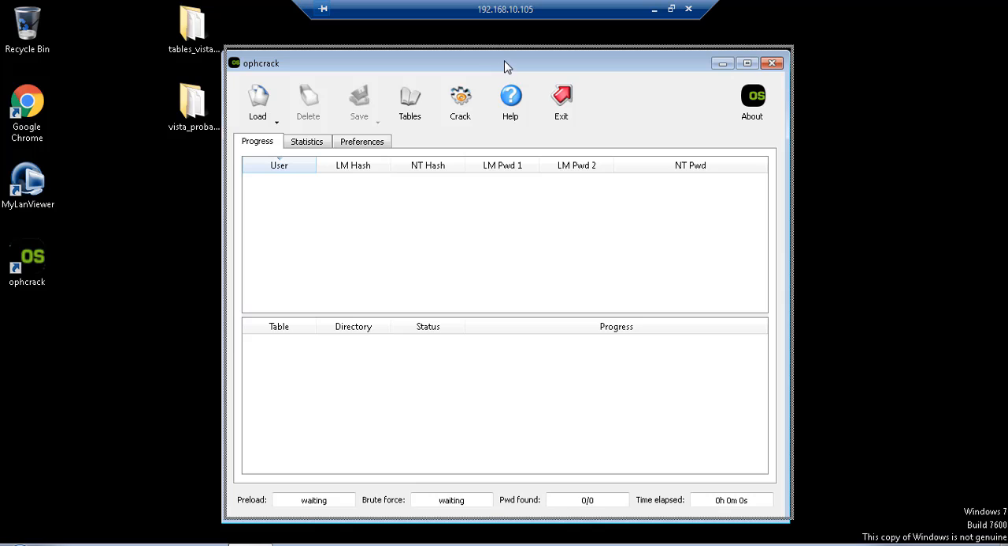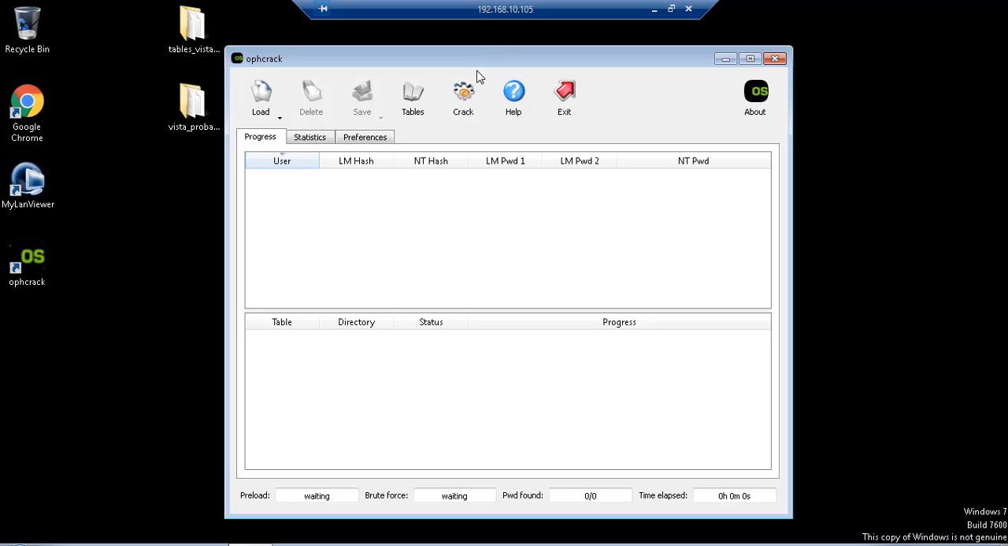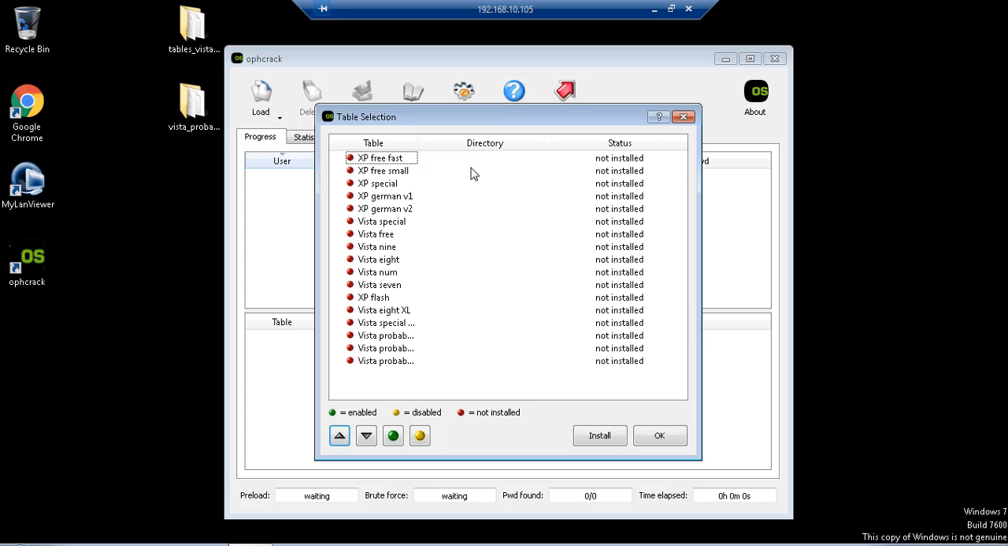So to use OphCrack, this is what OphCrack looks like. First, you need to download tables, right? This table contains passwords, right? And different OSs have different tables that you can buy by visiting the OphCrack website. So I have one that I've downloaded here. There's this Vista tables that I've downloaded on my desktop, so I can click